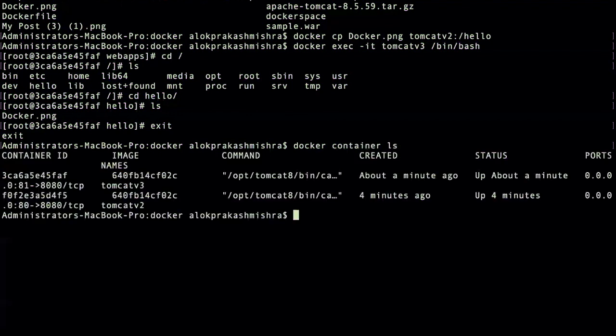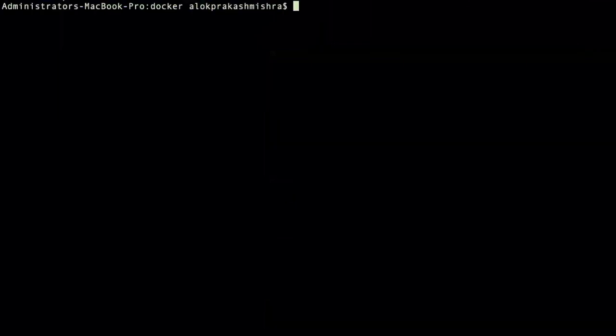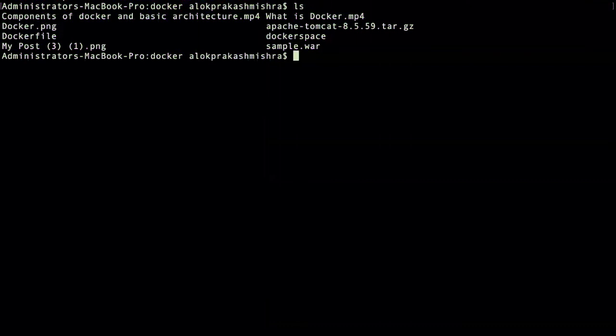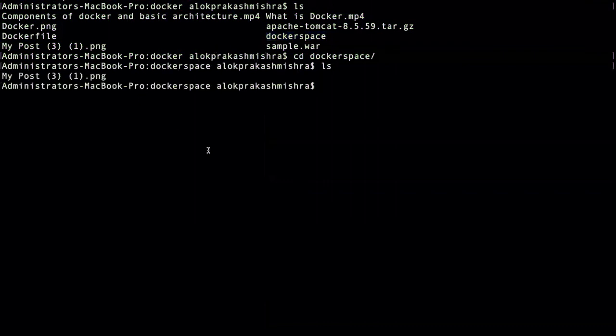Docker container ls, 2 containers. One more thing, you can also mount from your local directory to the container directory. Once you create this container, you can also mount it. For that, I have created one folder, docker space. If you go inside docker space, I have copied one png file. Now I want to mount this to the container.